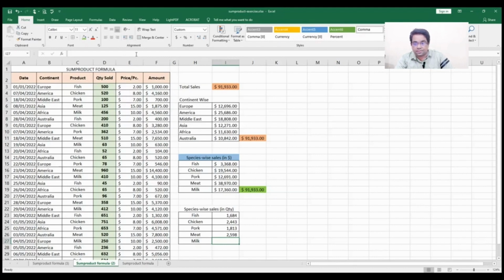Now meat. You get the figure 2,598. And the last is the milk. How many liters you sold? First you have to check the product and quantity sold. If you get the correct one,